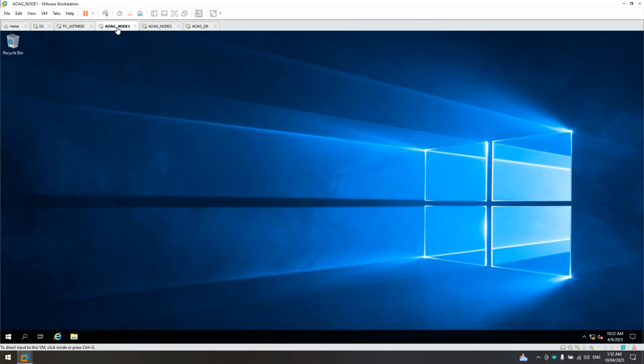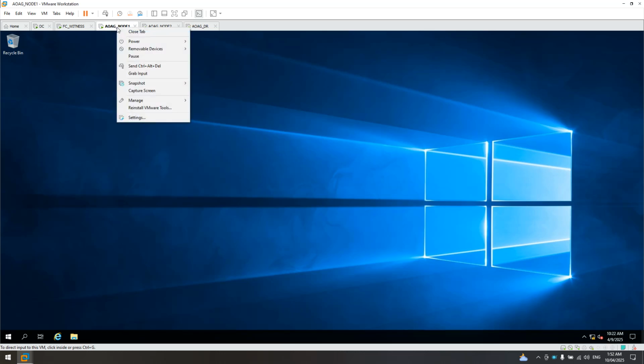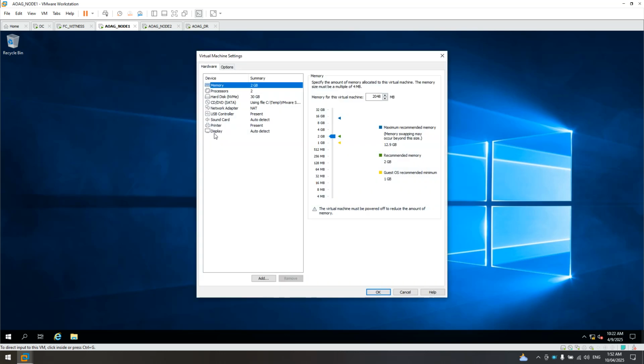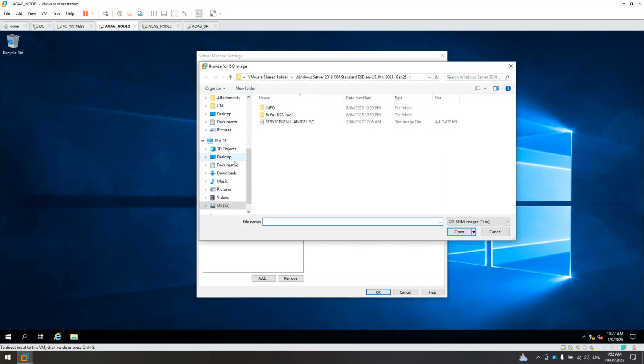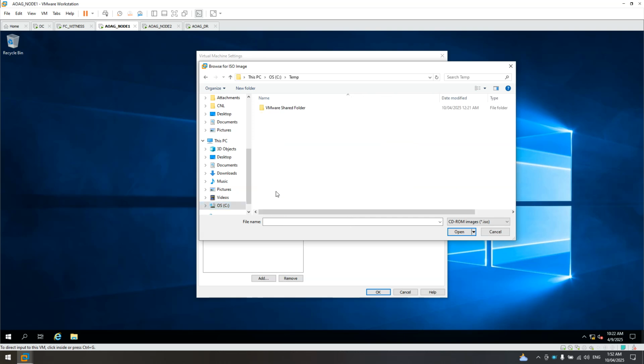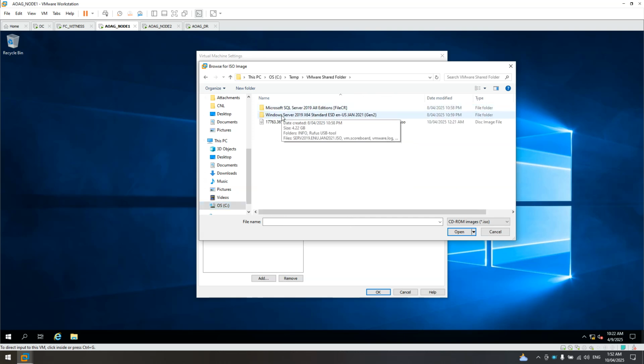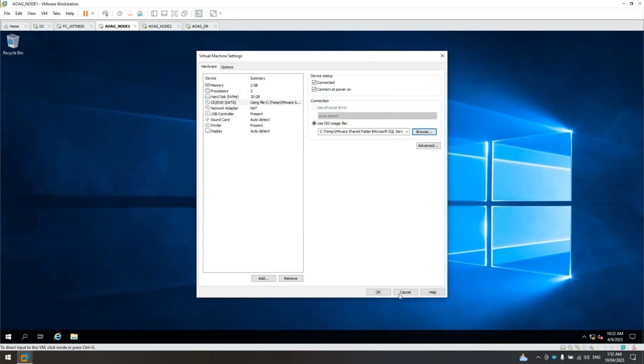AOAG Node 1. Because this is a VMware workstation, we need to make sure that the SQL Server ISO is configured in the CD drive. Let's locate the ISO. I'll use the Enterprise edition.